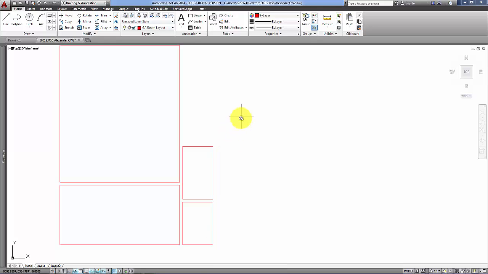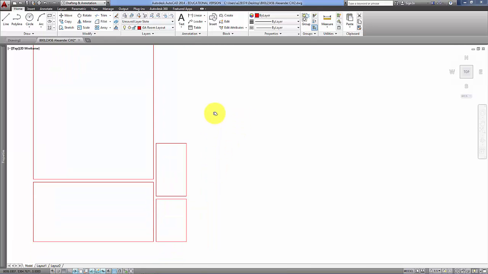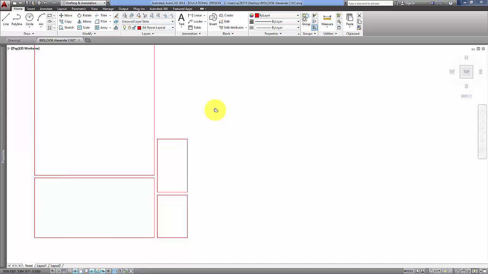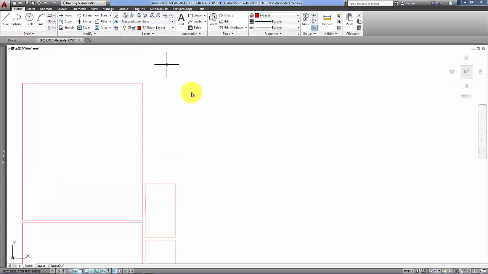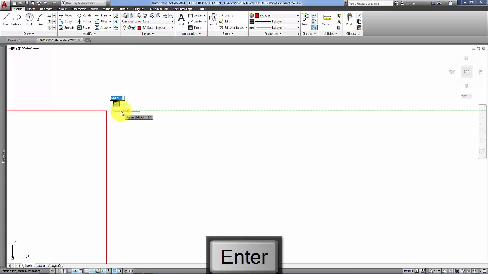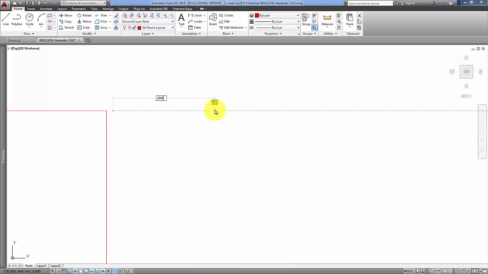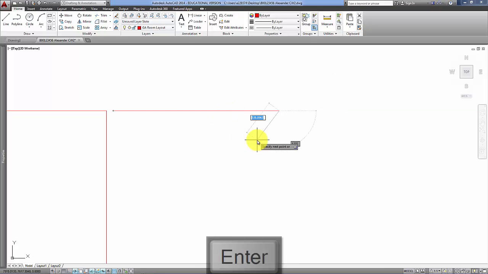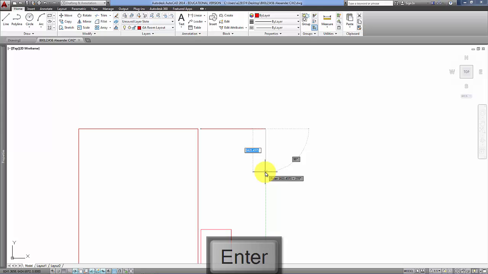Now the next shapes are not rectangles, so what we really need to do is a polyline. So we can move the polyline, or track the polyline out from here by 100. We can draw a line across 2440, and then we can draw down by 2320,